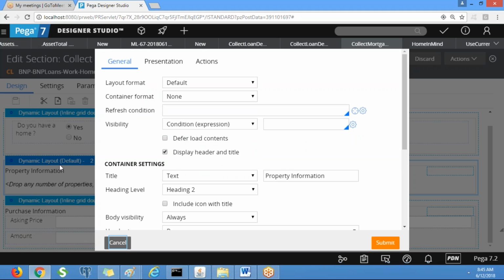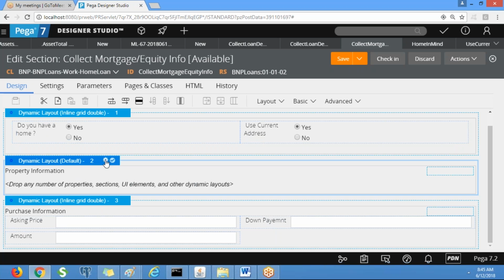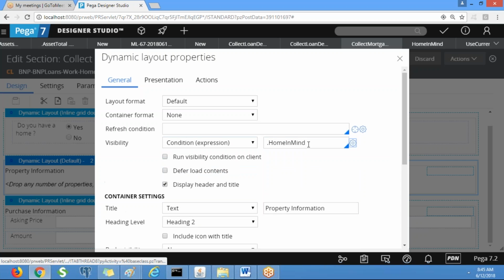See here, we are making this layout visible based on this property. What is the property? Home in mind. Okay. So go to the layout, visibility based on the condition, and home in mind is equivalent to yes.